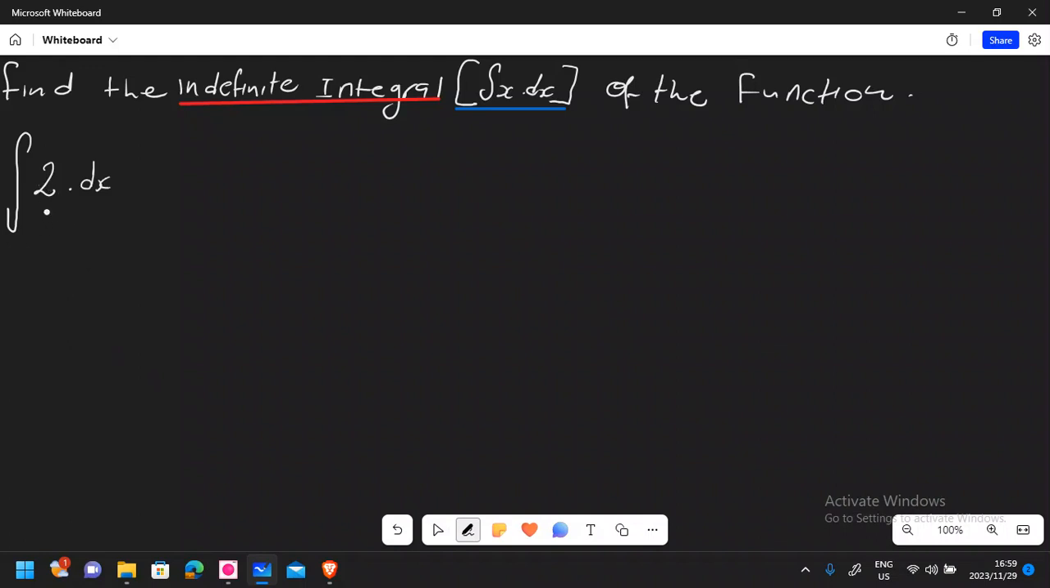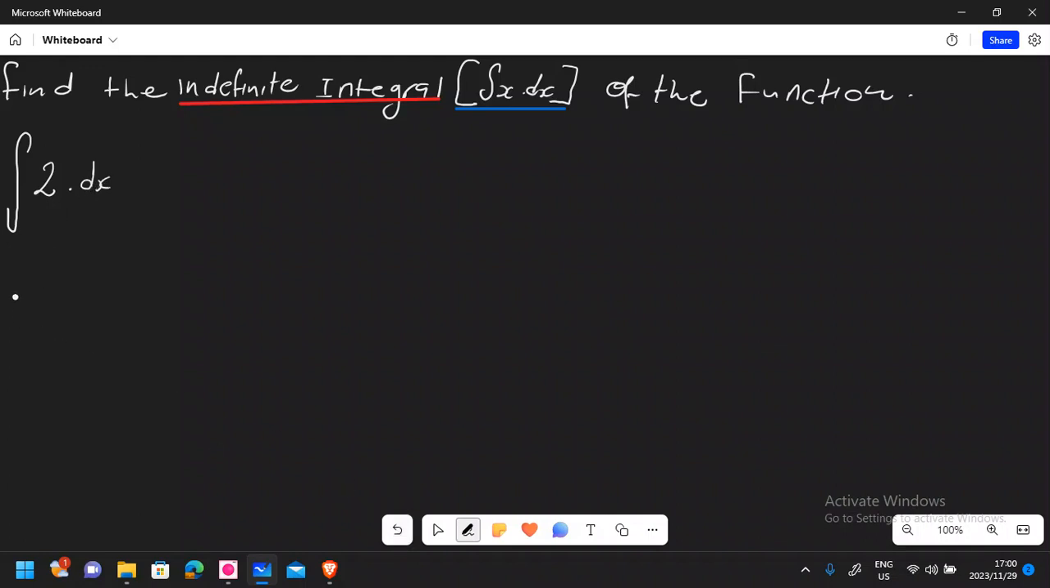We need to integrate this. So whenever you have a constant here, as you can see, we have s, which symbolizes integration. We have 2 here, and that 2 is more like a coefficient. It's a constant, to be honest with you, because there's no x here. Multiplied by dx. Remember, dx means that we're integrating in terms of x. So the answer here